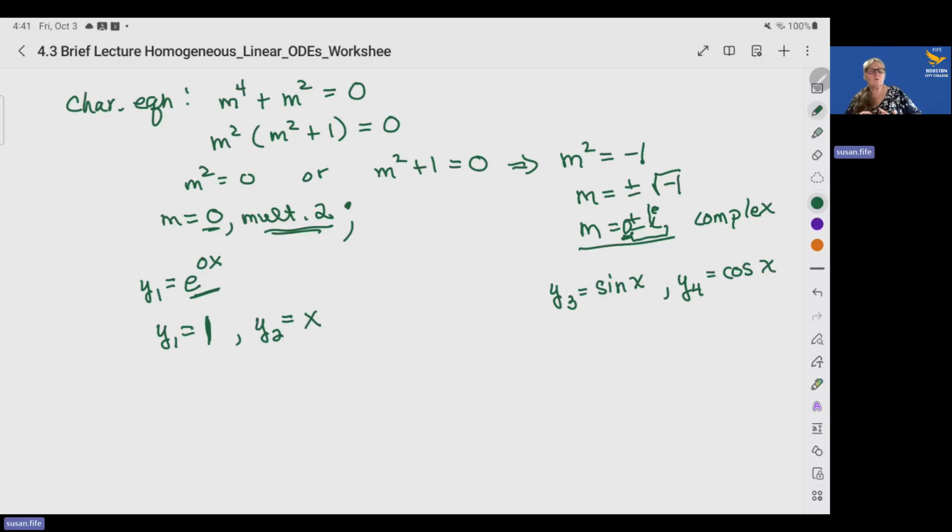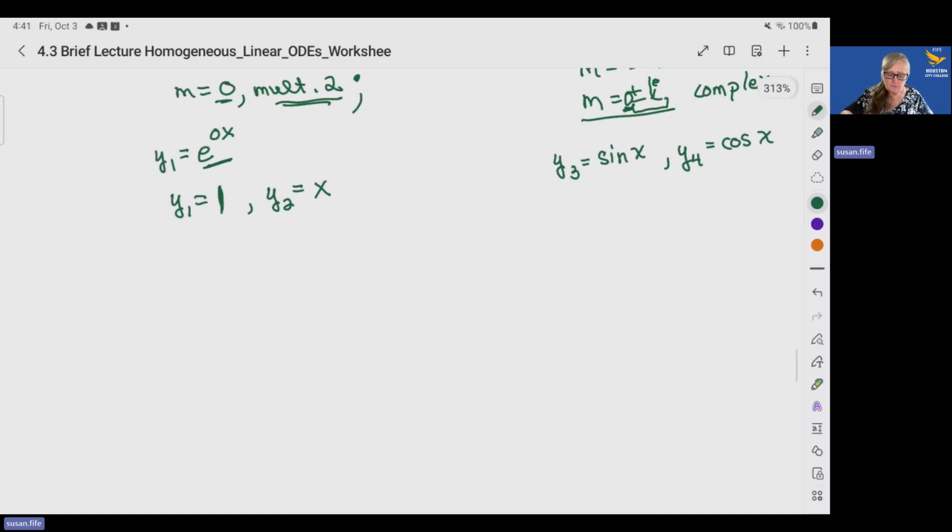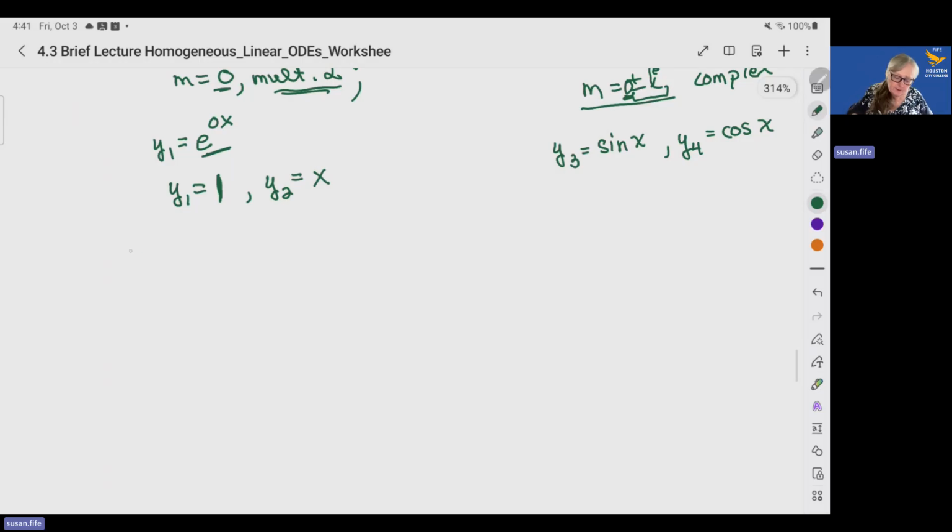So we have 1, we have x, we have sine x, we have cosine x. Those are our 4 linearly independent solutions. And together they give us our general solution